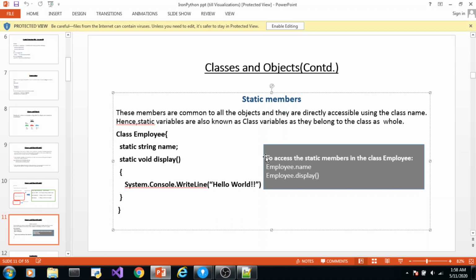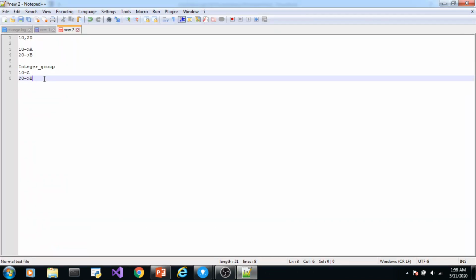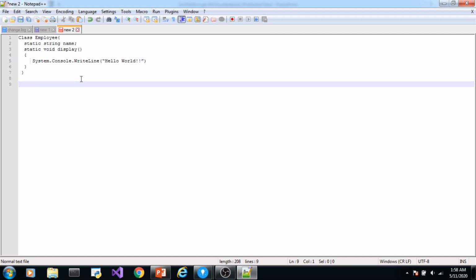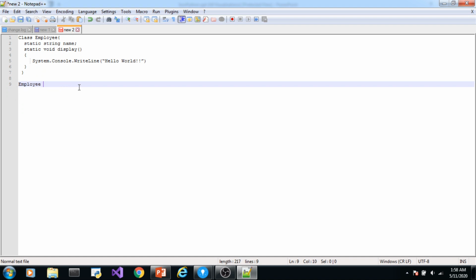So this class contains a static member variable and a static member function. Suppose I create one object, employee object 1 equal to new employee.